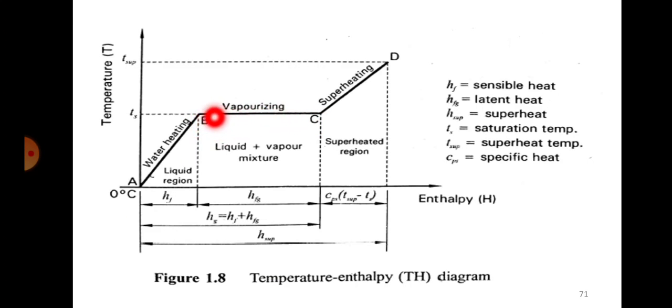So B to C, so at point B we have 100% water. We cannot call that wet steam, it's still water only. But in between B to C, we will have something called wet steam. So it will be a two-phase mixture of the liquid as well as vapor, whose percentage will be varying in between B and C. But if they simply ask you what is wet steam, you will say that it's a two-phase mixture of liquid as well as vapor, where the water molecules will be suspended and it is yet to absorb the latent heat. So when it absorbs the latent heat, it becomes vapor.